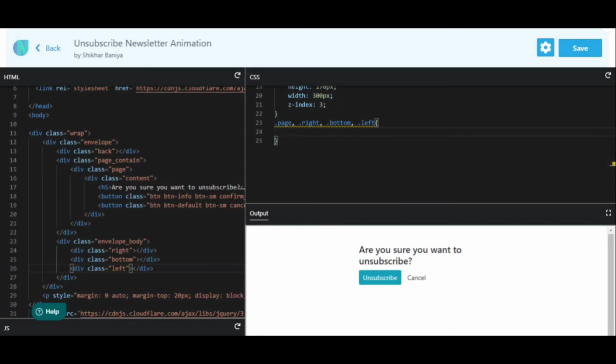Okay, so now inside this I just want the position to be absolute. That's it. Okay, now let's target the back class, which is this, which contains the back content, which is